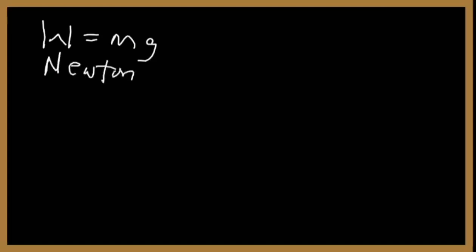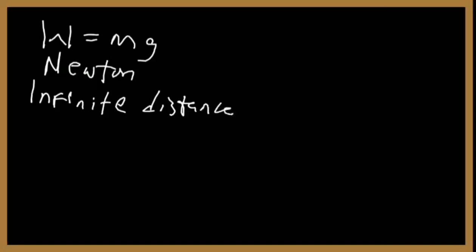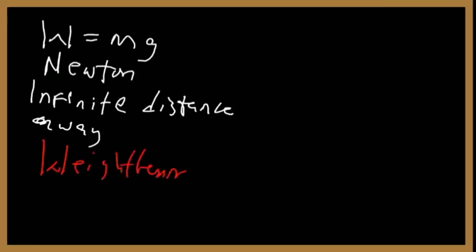That's it. Now, when an object exists at an infinite distance away from the Earth, what happens? The object feels what we call weightlessness. Exactly. When an object becomes weightless, it means that it exists at a very great distance away from the